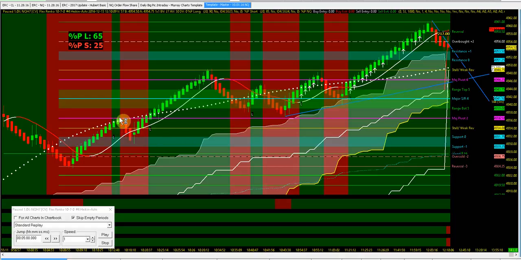There's a pullback here, pullback up here, pullback up here, and then went up here. Now, what's interesting about this, watch this. Once you clear that support line, you could have gotten into that long right there. If you were waiting for David's signal, you would have gotten in and immediately pulled back. So right there, you're taking a little bit of heat going downside unless you came in right down here